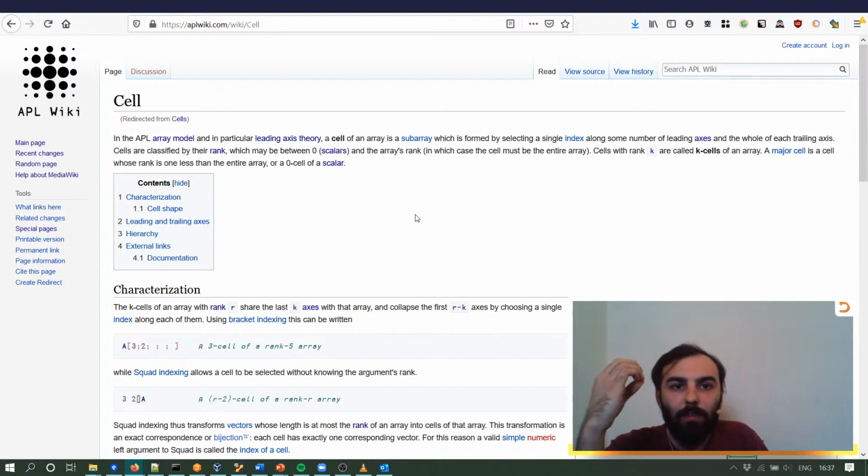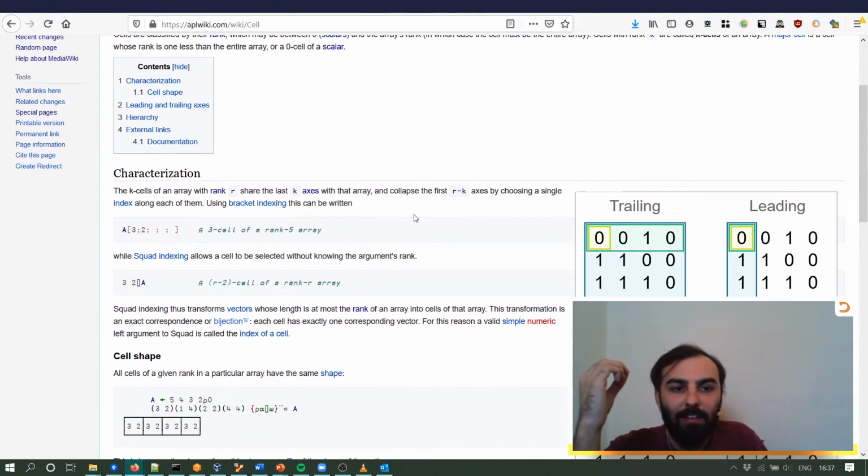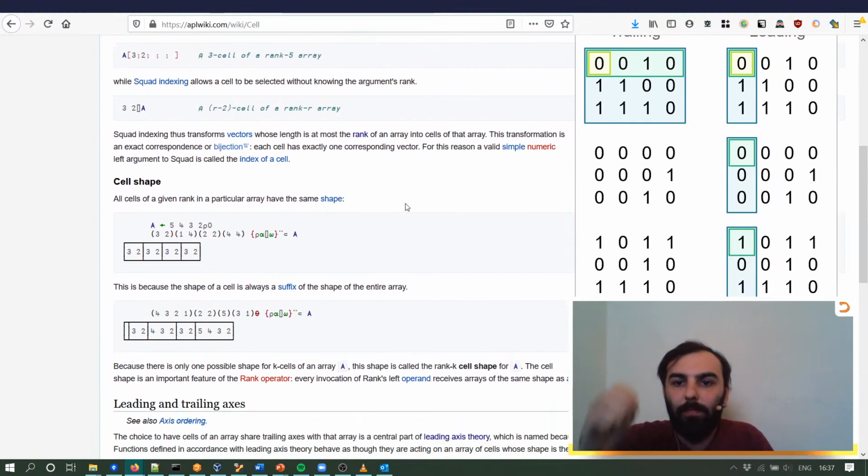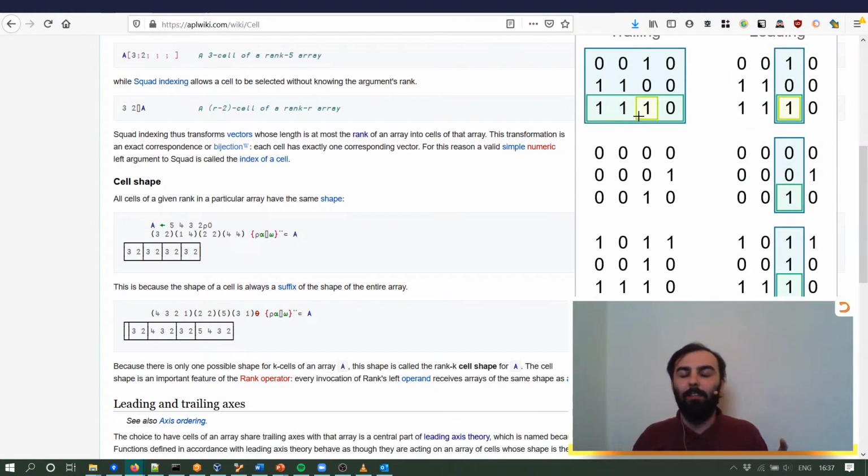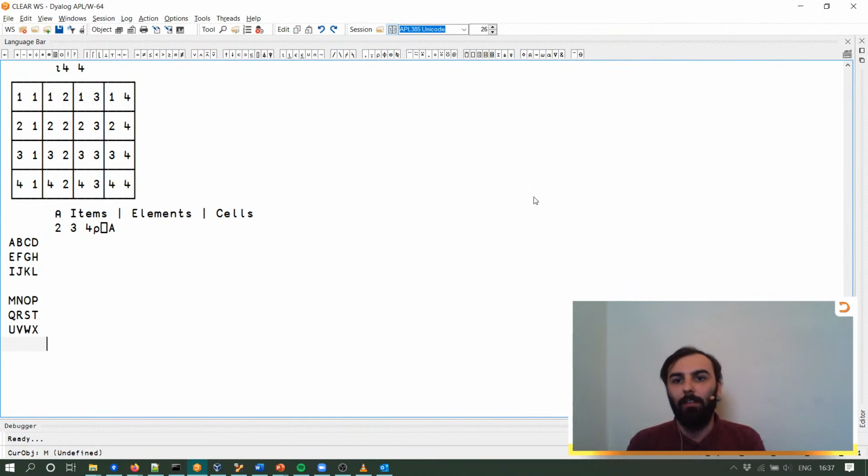And so, yeah, a single index along some number of leading axes and the whole of each trailing axis. So these are the cells, and cells very much is talking about high-dimensional arrays like this. It doesn't matter if they're nested or not. The zero cells are your scalars, but if you have a nested array, those zero cell scalars could be unpacked into what's inside. And the debate, in terms of terminology, I say debate, moderate, tepid discussion, is, are elements the